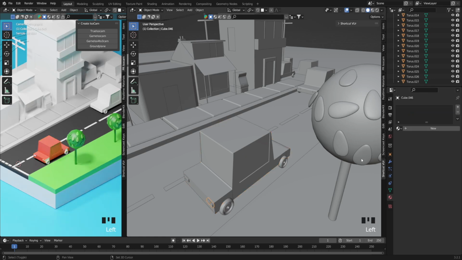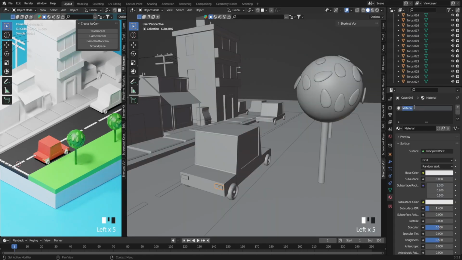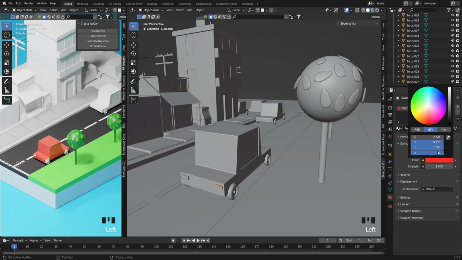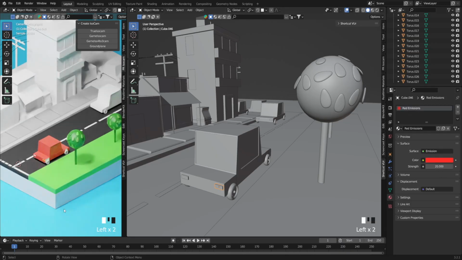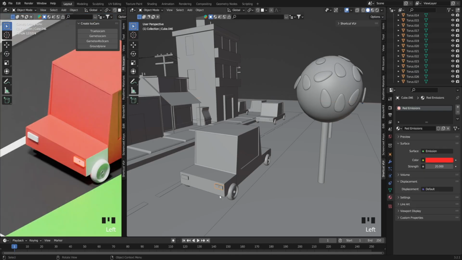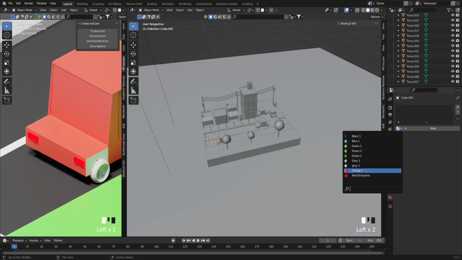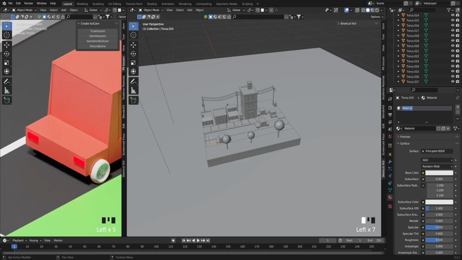And obviously the lights at the back, I do want those lights to be emissions. So red emissions. So if we go into the emissions tab, we'll be able to change these lights to red. I'll be able to turn up the emissions, and it doesn't look the best, unfortunately. Or perhaps we need to make it a little bit darker, perhaps like that. And of course our side panels, orange 1, and our tires, of course, we can probably put black 2, new